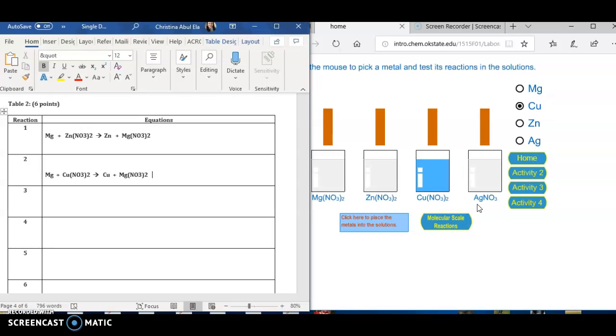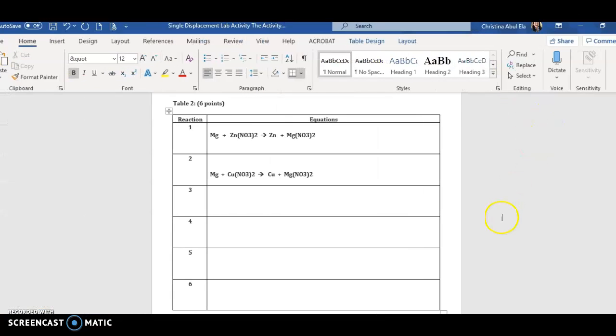So once you're done with data table 2, I'm going to scooch this down and just open this whole thing really quickly. I'll just scroll